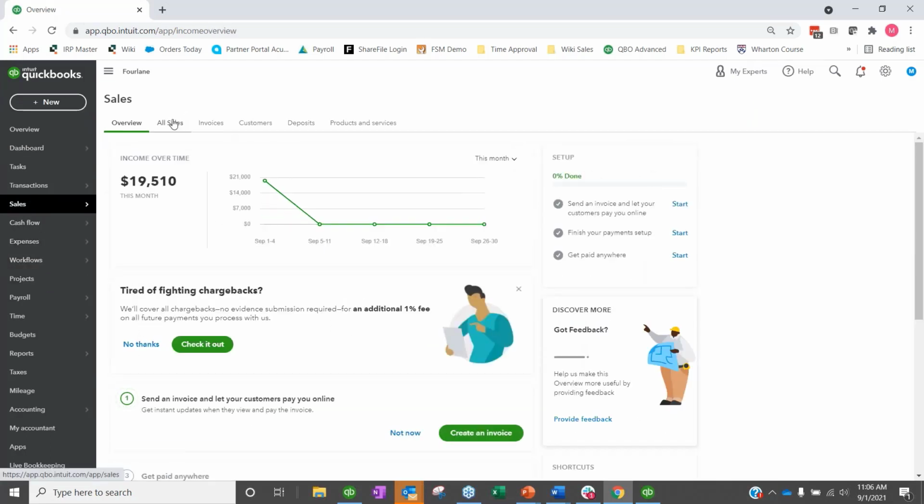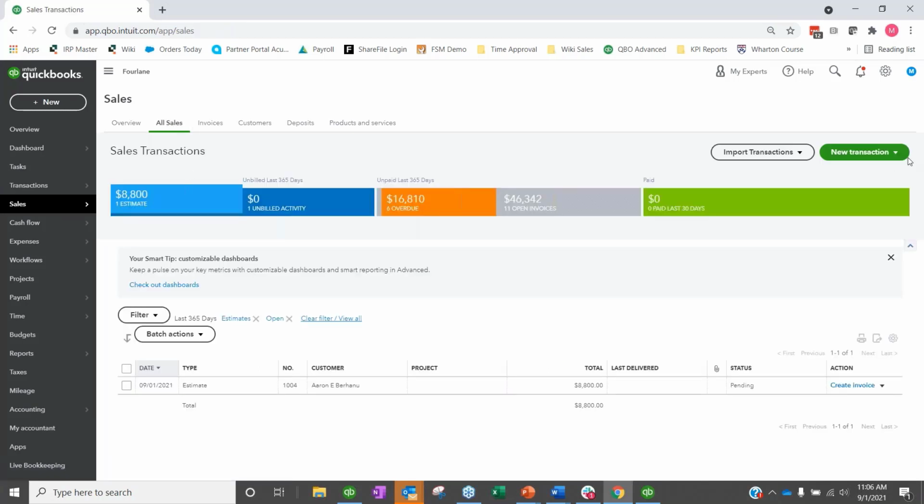When I come in here, I can click on, notice that estimates. Estimates is turned on, but it's not one of the tabs here, right? So some people can get lost to that. But if I go to all sales, I can create a new transaction, and there is my estimate screen. So estimates are really the starter transaction for most customers, right? We're going to go in and create an estimate because we have to tell the client what they're going to be paying us for our services or goods in the future,